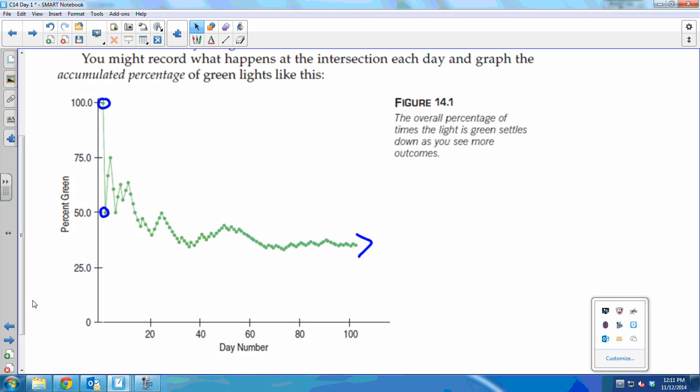All right, that's how we get those probability numbers that we know. Like when you roll a die, you get a 1 a sixth of the time. Because if you roll a die over and over and over again, and you do a cumulative percentage of how many times you get a 1, you get closer and closer to a sixth. All right, that's where those numbers come from. Okay?